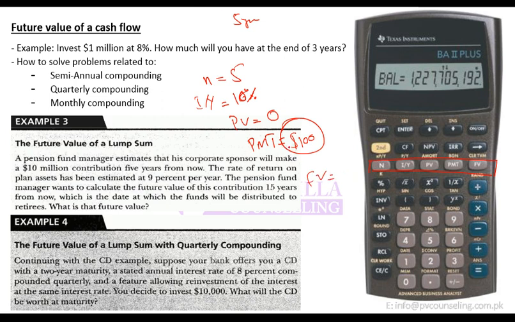and then if you plug it in positive, the answer would be negative. If you plug it in negative, the answer would be positive. But just put it as it is, 100 or minus, whatever, the answer will remain the same. FV you have to calculate. So how do you calculate? Simply you plug in 5, 10%, 0, and minus 100 or 100, whatever, and then you compute FV.